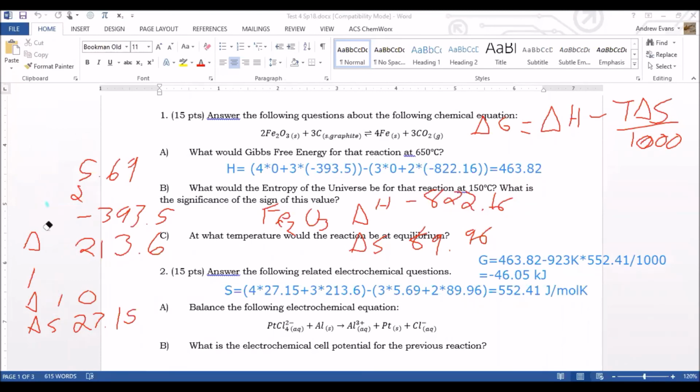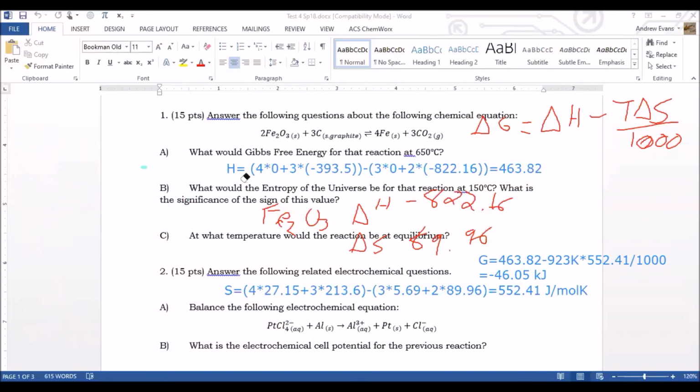Just erase this so we have more room again. So the first answer was negative 46.05. Yes, that took a lot of work. What was the final answer? That's the answer for A. That took a lot of work, I know. But B